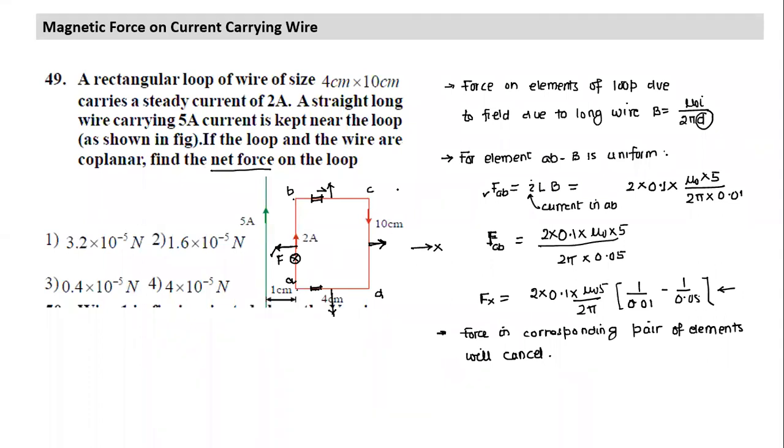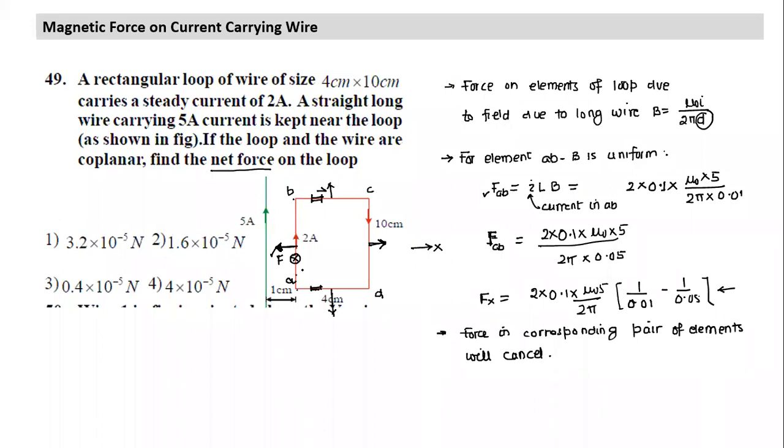Out of the 4 elements, we selected AB. The field varies with the distance from this long wire. Since AB is at equal distance, it is equivalent to being placed in a uniform field. So I can apply the formula directly here, ILB. The angle between the L vector and B vector is 90, so the magnitude of force itself is ILB. I calculate this force once and find the direction also. Let me repeat this point again. Whenever this loop is there, either all forces try to shrink it or all forces try to expand it. All forces will act outwards of the loop. So if one force is acting outwards of the loop, all forces will act outwards.